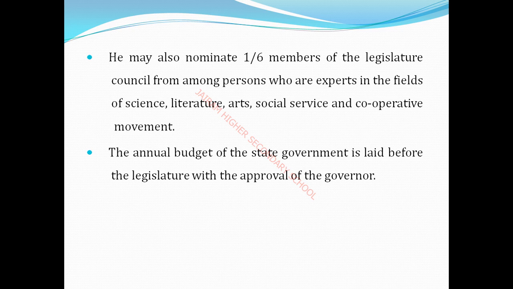So, children, 1 by 6 members are selected by a person. A person means whom here? A person here refers to the governor. How does he select 1 by 6 members of the legislative council, that means as MLAs,